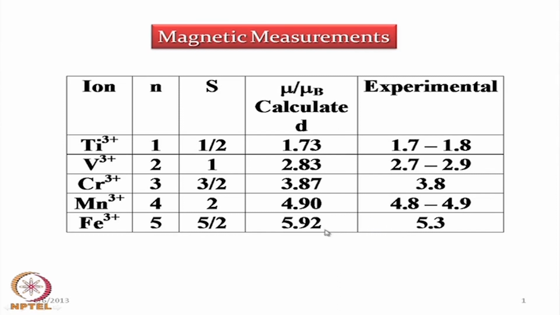So, in some cases we can see that the magnetic moment values are in excess of what we have calculated from the spin only values. Then something else is contributing towards the total magnetic moment, and we will find that if we consider the orbital magnetic moment values together with the spin values, then only we can justify some of this excess amount of